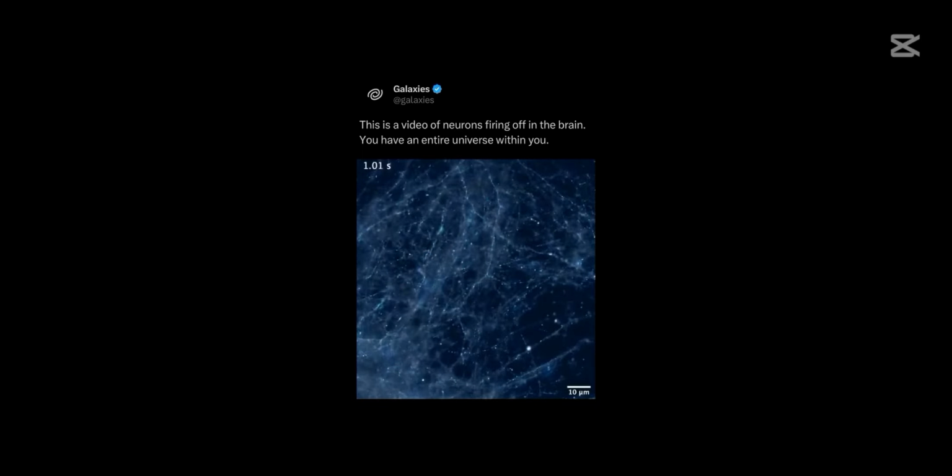tiny gaps called synapses. And these neural networks in the brain aren't static. They constantly shift, adapting with every thought, memory and experience, which is a process called neuroplasticity. These neurons even synchronize their firing of electrical signals in a rhythmic pattern, which is known as brain waves. These are essential for different mental states like focus and relaxation.